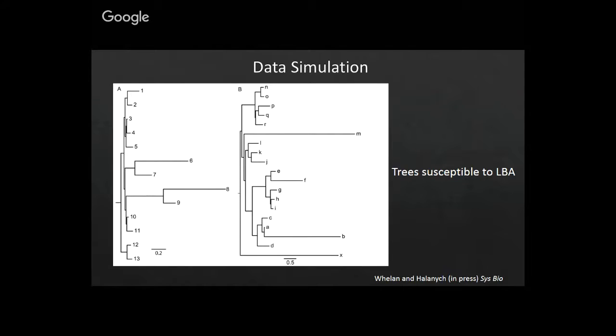And I guess the reason I'm most interested in looking at the simulated data sets that could be susceptible to long branch attraction is because site-heterogeneous models have been argued for very strongly because they purportedly suppress long branch attraction better than other methods. So that was a feature of these techniques I wanted to look at.